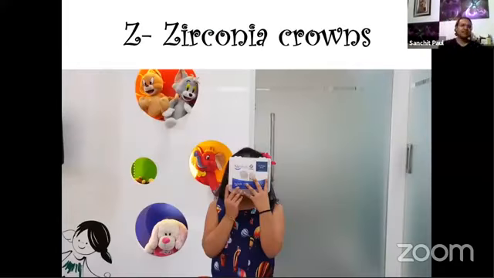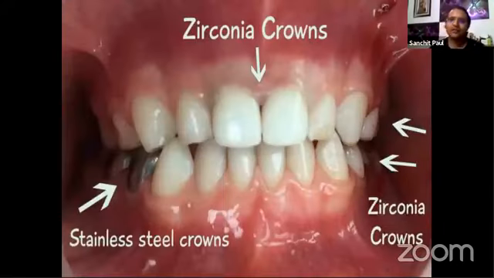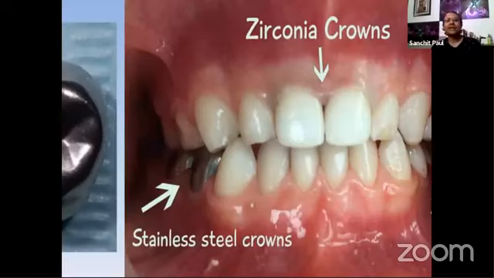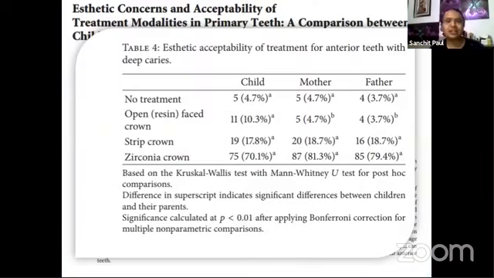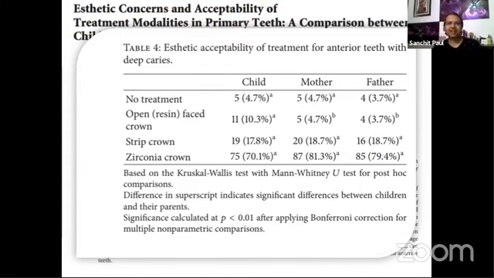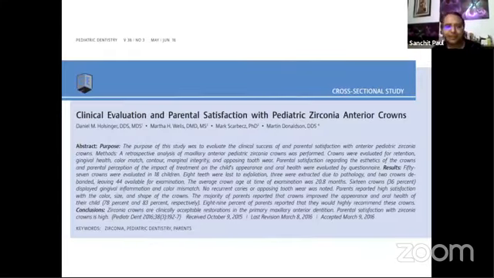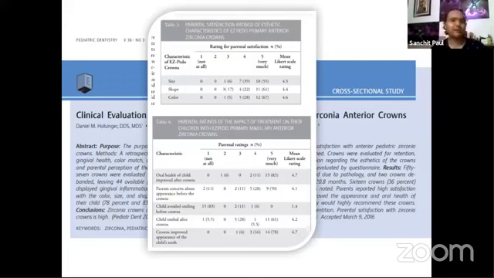Last but not the least, the Z is for the zirconia crowns. But this is something which I'm sure, as adult dentists, as general dentists, all of us are very, very well aware of. And I think most of you have passed out with monolithic zirconia crowns, and we are moving towards more of EMAX and lithium disilicate crowns. But trust us, for pediatric dentistry, this has been a huge boon, especially for primary anterior cases. And there has been a lot of literature which highlighted that it is readily accepted by the parent, by the child, and everybody loves it.